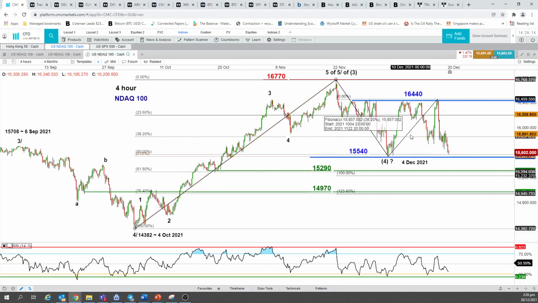Using a very tightened key medium-term pivotal support for a better risk-reward management perspective at 15,800. So very clearly, 15,800 has been taken down. So what we are expecting now is I'll turn neutral first between 15,540 and 16,440. Okay, between these two neutrality range.